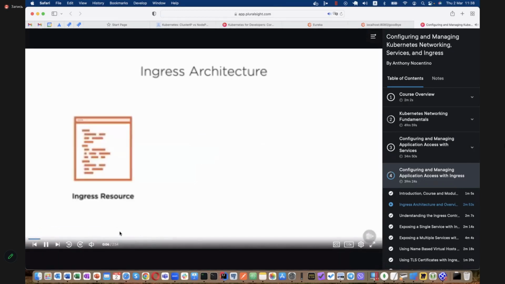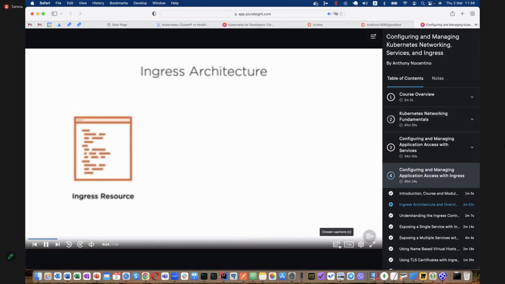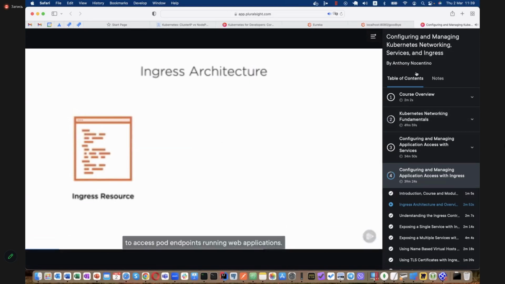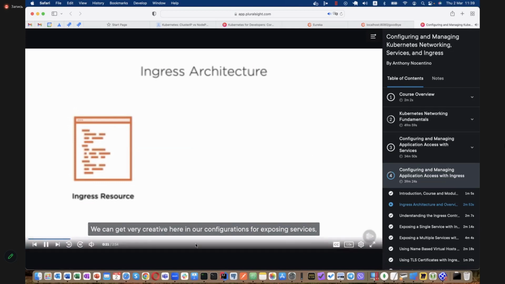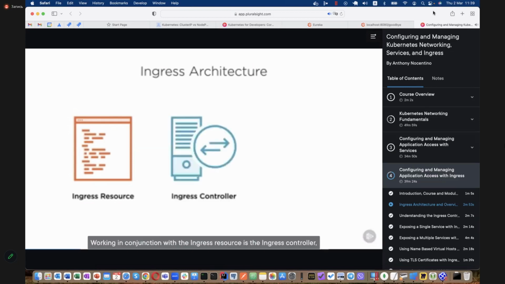There's the ingress resource, which defines how HTTP services in a cluster can be accessed externally. Essentially, the rules for how requests are passed into the cluster to access pod endpoints running web applications. We can get very creative here in our configurations for exposing services, and we're going to explore some of those today in this module. Working in conjunction with the ingress resource is the ingress controller, which is the actual implementation